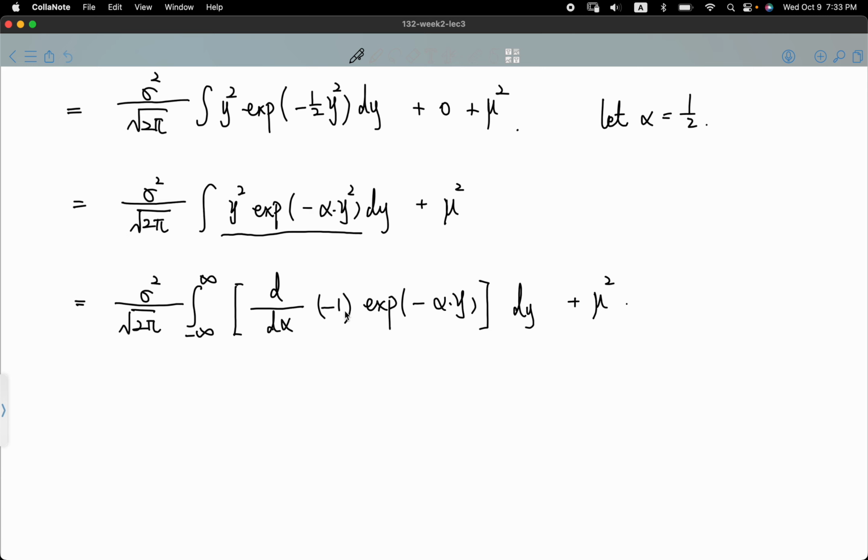Okay, so now, there's a missing square. If you take the derivative for alpha, you will have a copy of negative y squared in front. The negative sign cancels out with that, and then you will have the y squared here. And then this inside the square bracket will give you the part that I underlined here. So this is still the same. But when we write it as the differentiation here, we can make a change by changing the order of the operation in the following way,